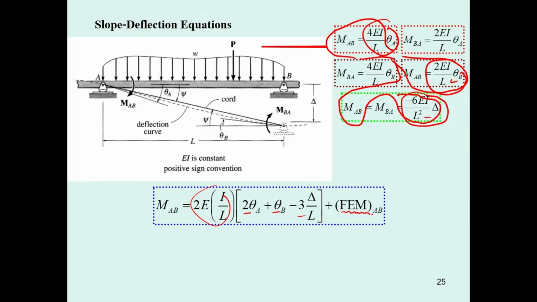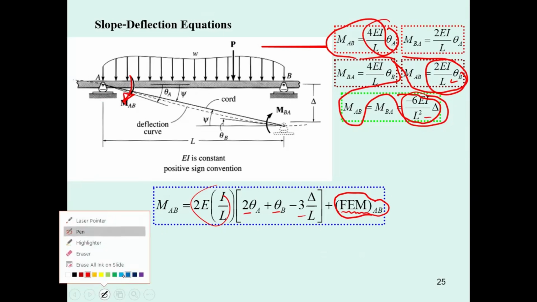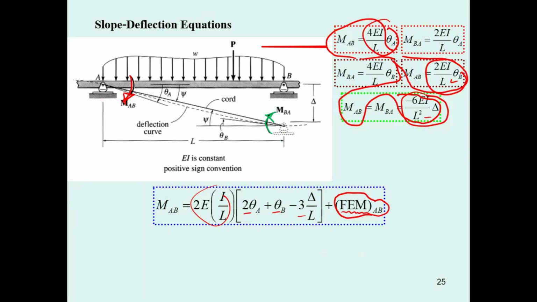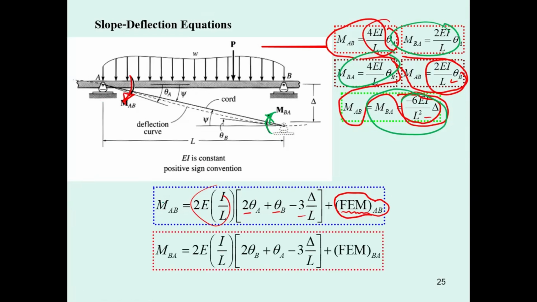And then the last one comes from the fixed end moment table, as the teacher mentioned, and that's for M sub AB over here, clockwise positive. Then you have another one that's going to be M sub BA. Put this one over this one together, you get another equation. These two equations in combination are going to be the general equation for slope deflection equation. It can be used to solve any kind of condition of the beam.